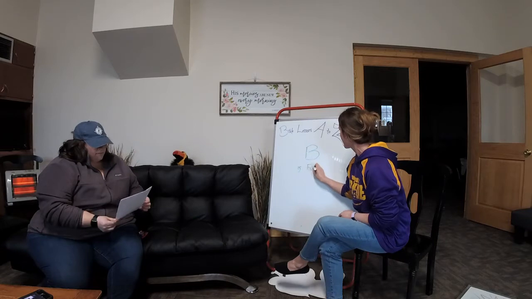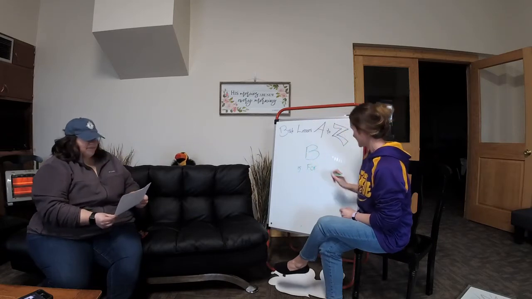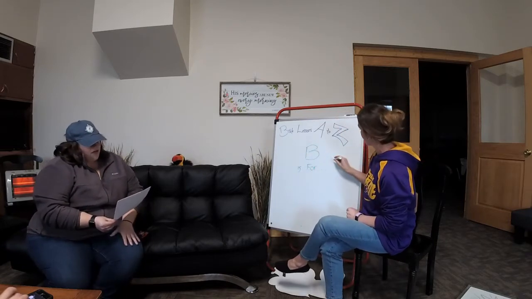Let me guess. B is for balloons or basketballs, or barbecue sauce? Well, those are all great guesses, but actually, B is for the things that God wants us to be. Huh. What do you mean? I'll explain in a minute, but first, what do you want to be when you grow up? Maybe the first bird to walk on the moon.